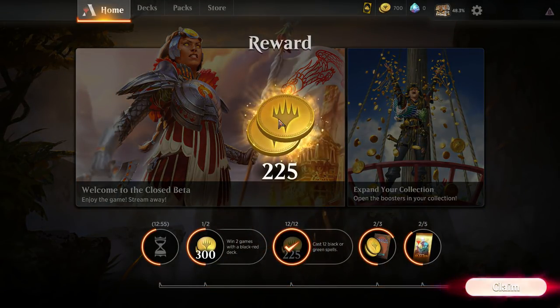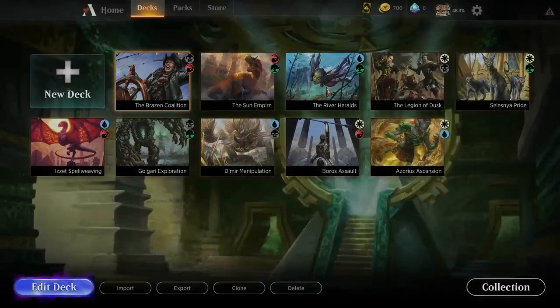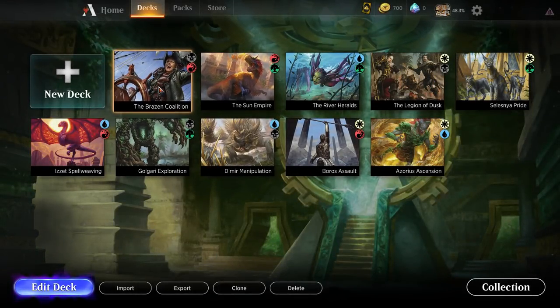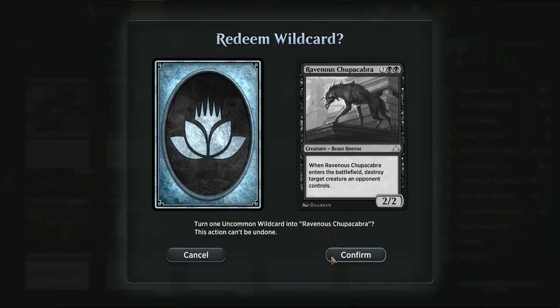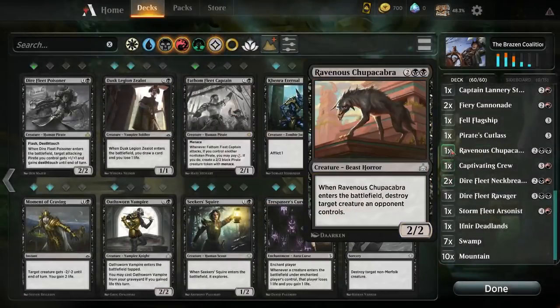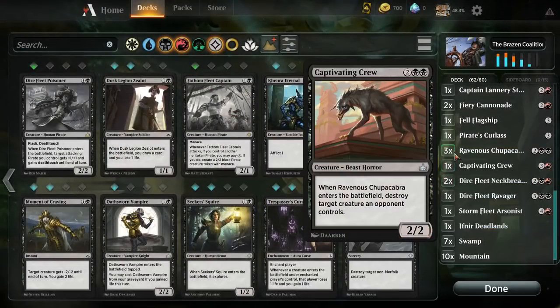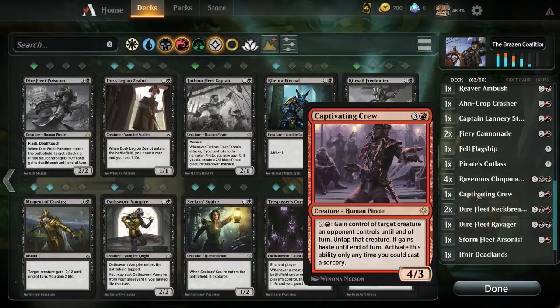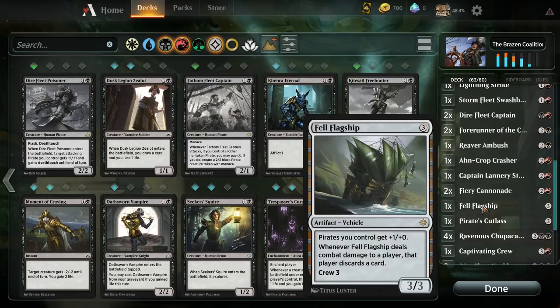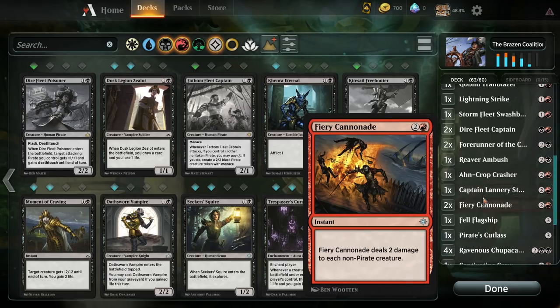Alright, we do get the cast 12, so let's grab that. Let's, Brazen Coalition. And we're gonna do what I plan on doing. Let's give me more Chupacabras. If you are planning on playing this yourself, this is the first action you should likely take. If you're playing black in any way, the Pirate's Pet Chupacabras get a lot of things done. Let's take out